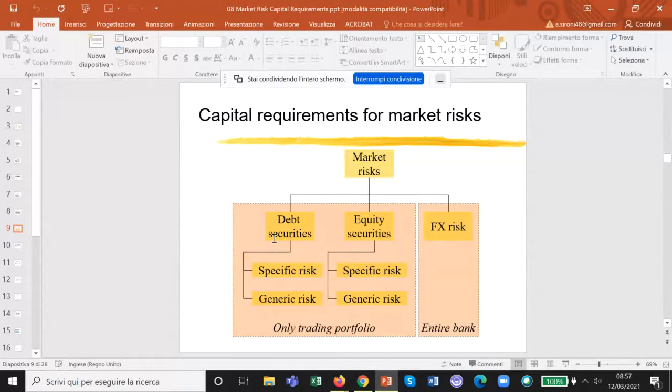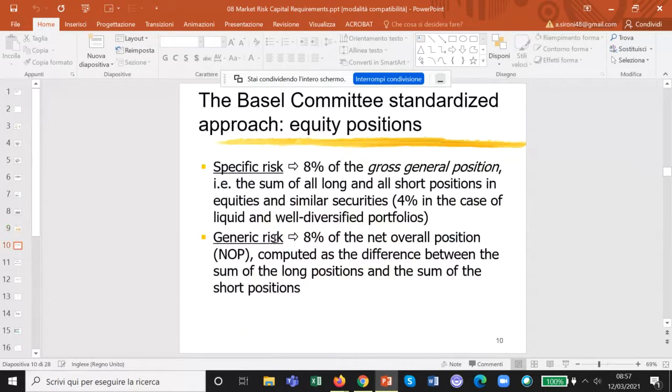And what is specific risk for debt securities? If you have a bond, what is the specific risk? The risk that the individual bond price goes down, that is typically related to what? To credit risk, right? I mean, if you have a downgrading, for example, a bond gets downgraded from, let's say, BBB to D, then of course the price would go down, okay?